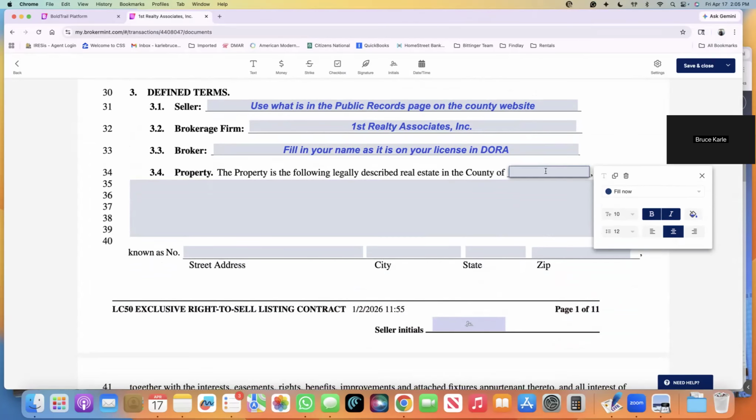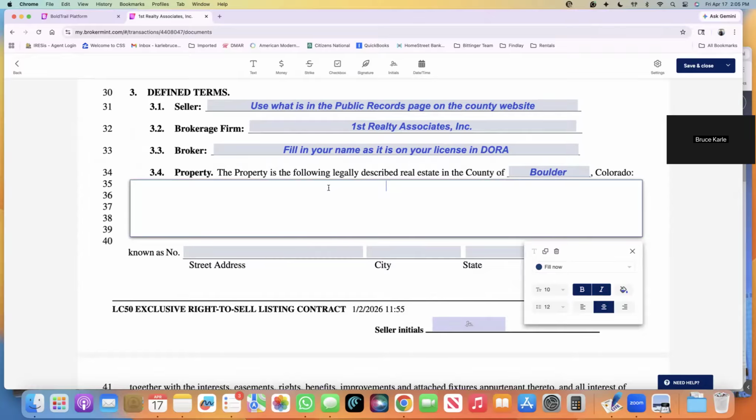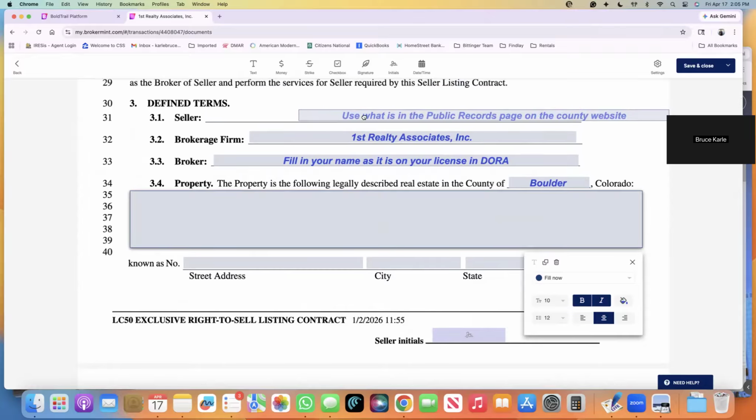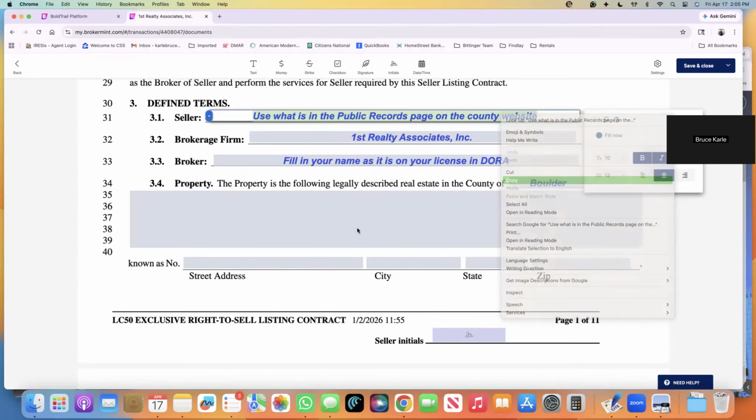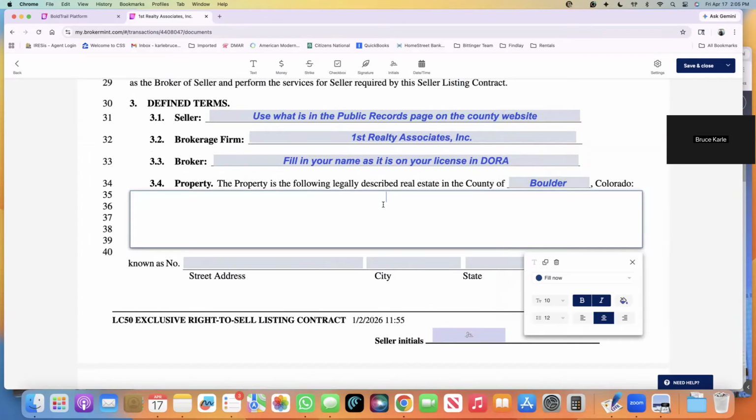All right, when it comes to the property, go ahead and put the county, whatever's applicable. This property that we're using is actually in Boulder County, so just put that in there. And I think we really need to make sure you guys get one of the biggest things I see agents mess up a little bit: not looking at the county website. I know it's so easy to look at what the MLS has, or different things of that nature. So I'm going to say whatever is in public records or